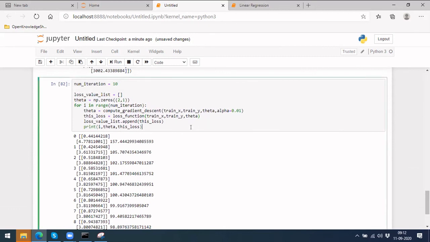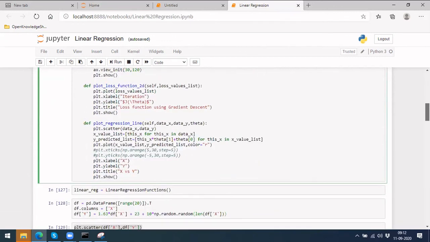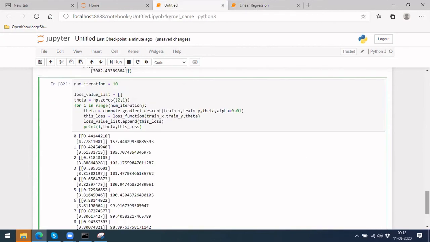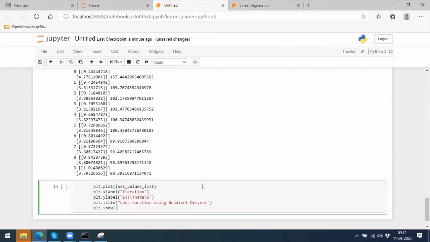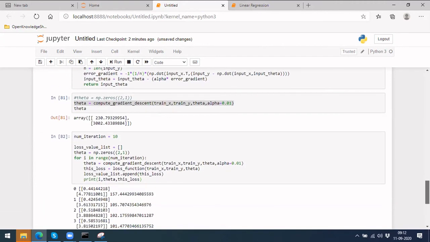Now let's also plot it. I have a plotting graph here directly, let me take that and plot this here. What I'm trying to do is plot these loss values that we are getting here.